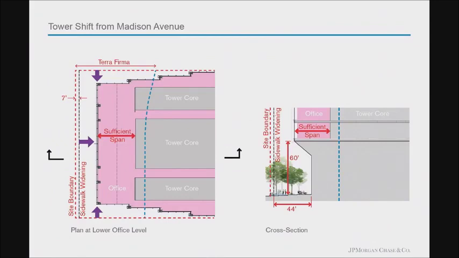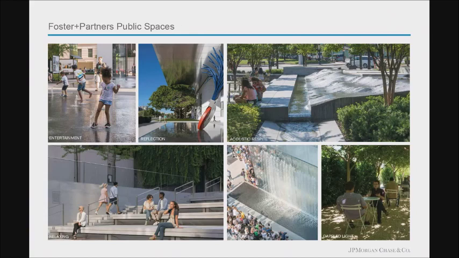In order to accomplish this, we've shifted the entire tower back from Madison Avenue, working with JPMorgan's programmatic requirements and also the incredible site constraints that Devin talked about. We have been able to step the tower on the north and the south side and also pull it in from Madison to open up and let the light come down to the plaza. And also on the right there, you can see the section. We've lifted the tower up to the 60-foot dimension to create a generosity in that space, which we think we can really create something special in.